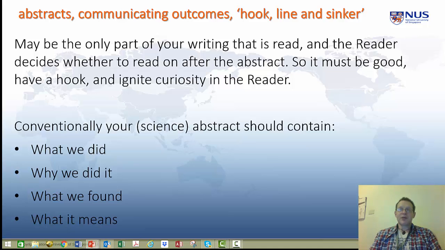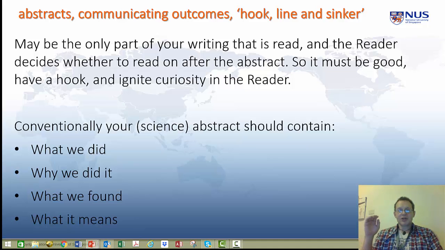Equally, your peers. I don't wish to be cynical, but when I'm doing a literature search, I'm hunting through, I'll read the abstract, and that will determine whether I download the paper or just print the abstract. Therefore, the abstract has to lead your reader into your work. It must ignite curiosity in your work. Bluntly, it must have a hook.